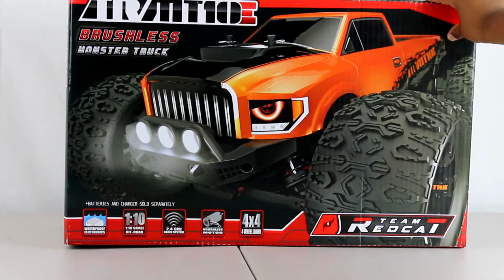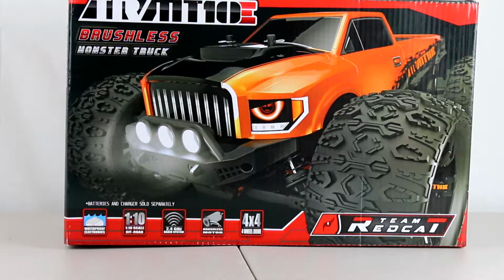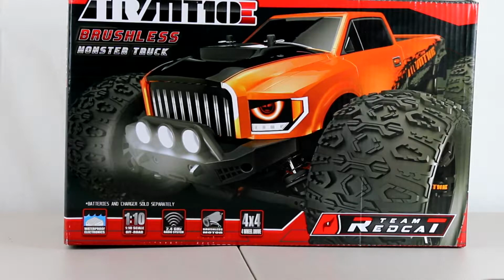Actually, this is even bigger than just a new monster truck. This is my son's first monster truck. As you guys are familiar with the station, he's had his ECX Torment, his Latrax Teton, and his Viterra Rallycross, but this is by far his first monster truck being introduced to the station and to him,